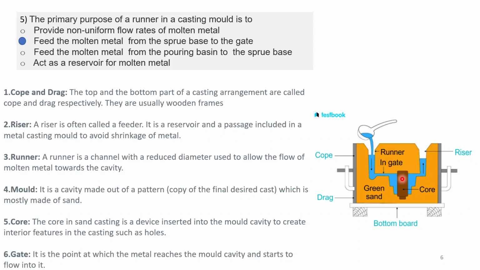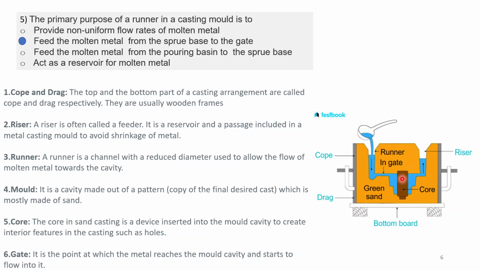Mold is the empty space, right? So it is a cavity made out of pattern, which is mostly made of sand. And what is a pattern? Pattern is the copy or replica of the final desired cast. Next you have the core. So core is the sand casting